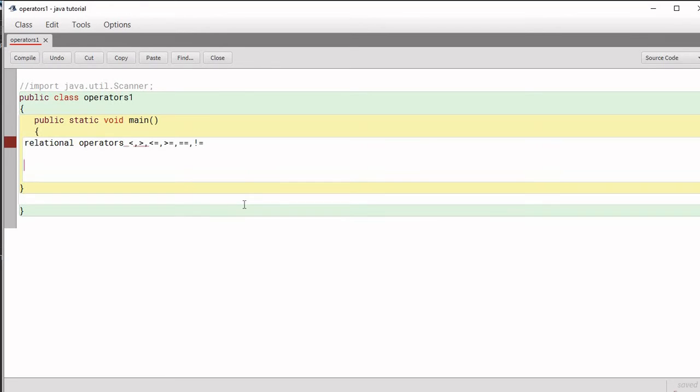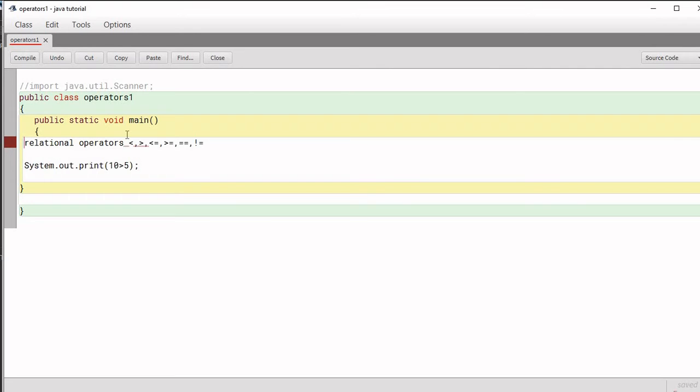So let's say you write System.out.print and you write 10 greater than 5. So is 10 greater than 5? We know that 10 is greater than 5.